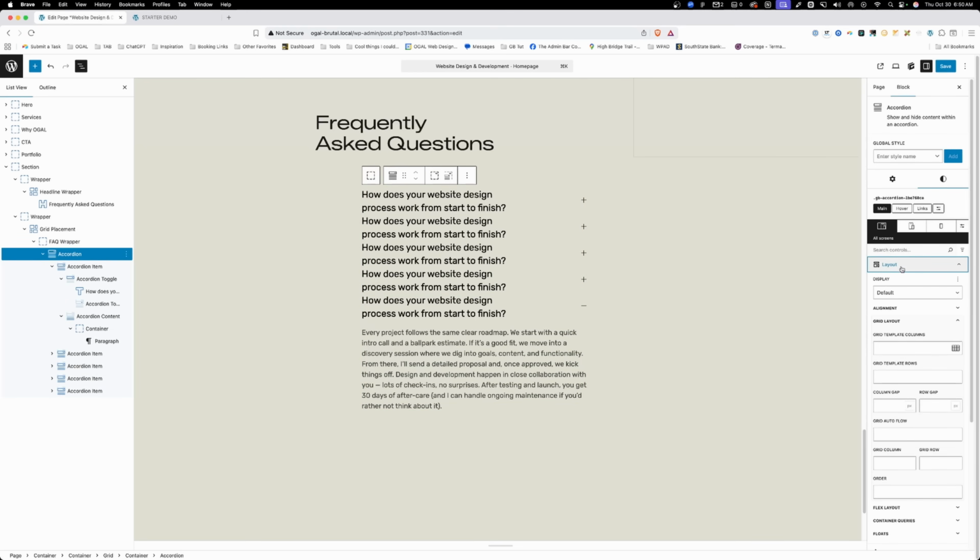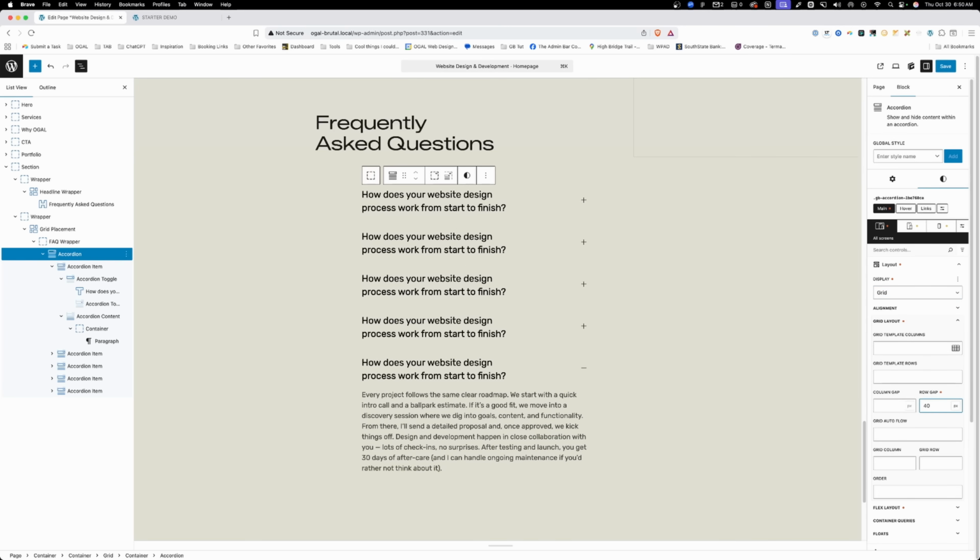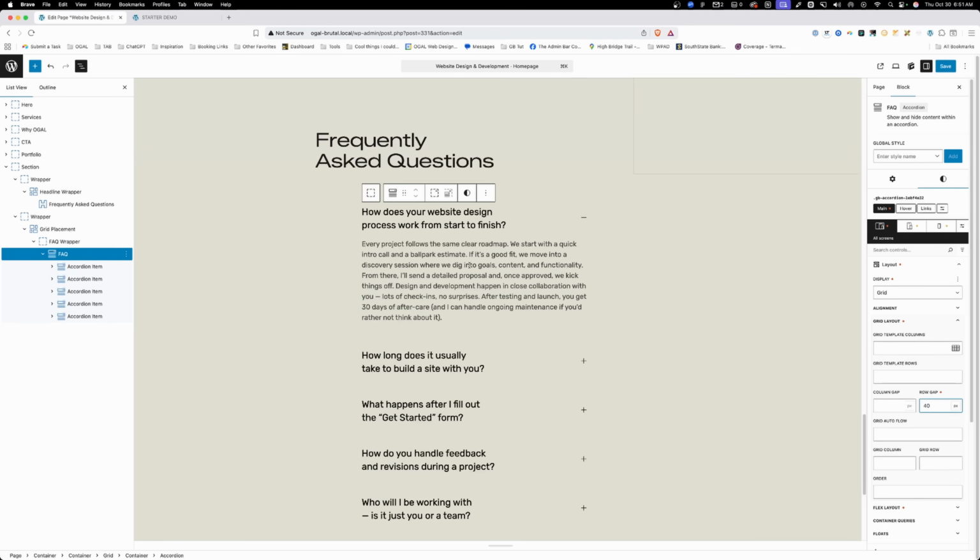So I'll just go to my accordion here. We're going to change this to a display of grid. Then I'll give it maybe 40 or 60 pixels of gap. I think 40 looks pretty good. So let me just swap out that content real quick. Okay, so now that I got all those different accordion items in there, we can turn our attention to that